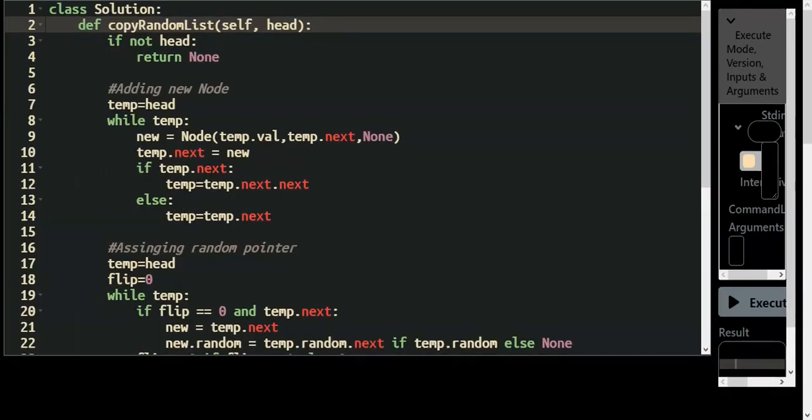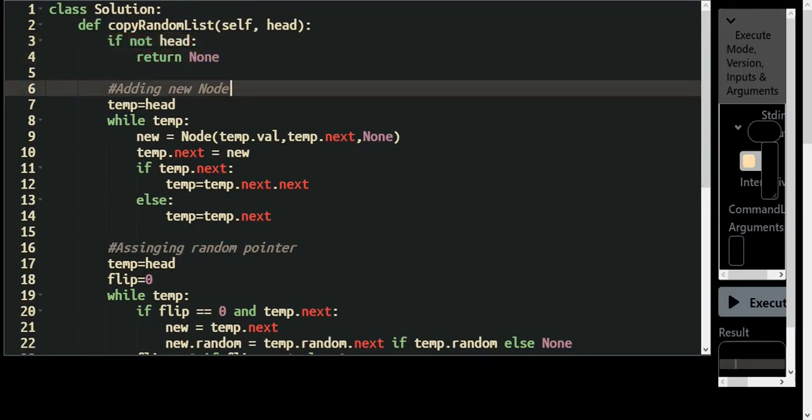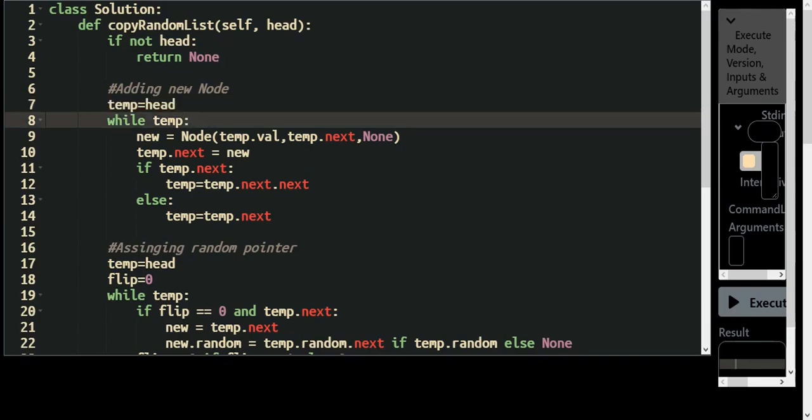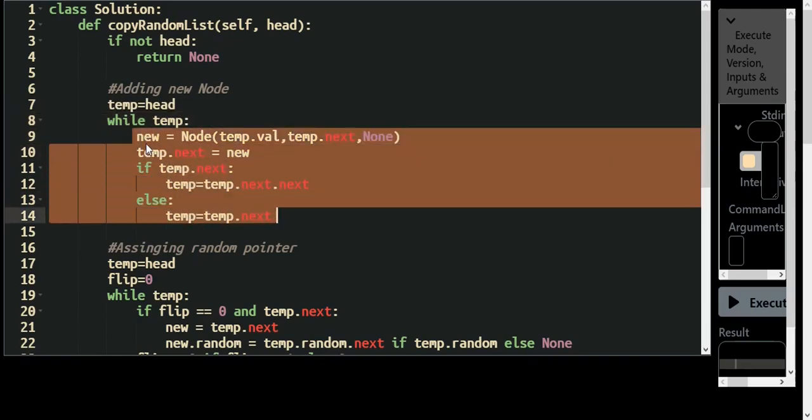Here in the code, we are given the head, and if it is pointing directly to null, we will return None. Then we will be adding a new node after every original node. So let's see how we'll do that. We'll take a temp variable and assign the head to it. While temp is not empty, we'll do a few things.